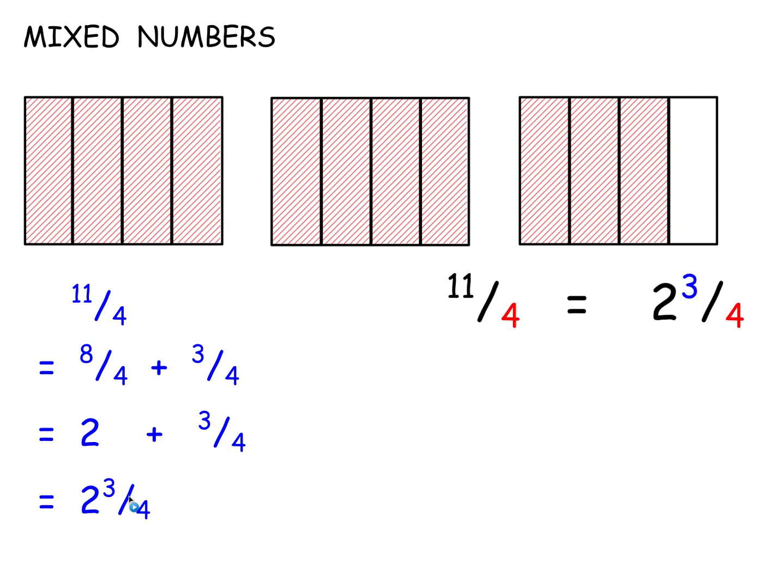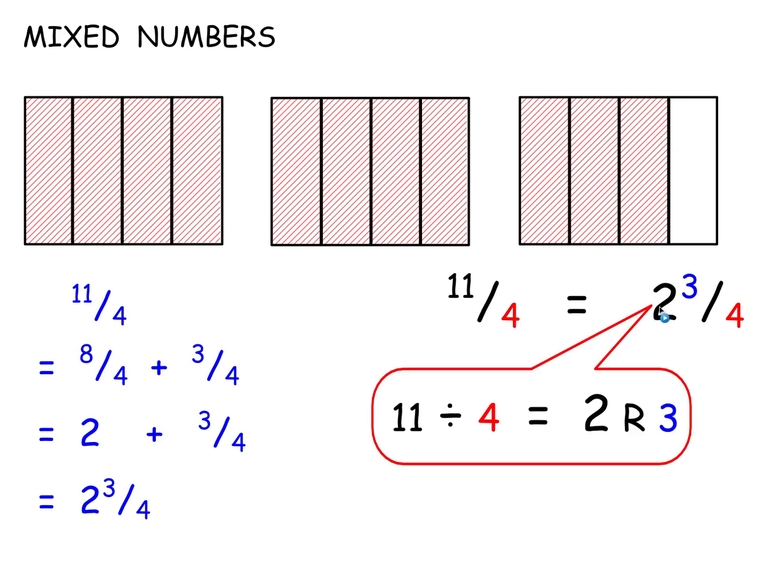So to change between 11 quarters and 2 3/4, you can say, well, how many 4s are in 11? 2 of them. That would make 8 quarters, and if it's 8 quarters and this is 11 quarters, there's 3 quarters left over. So 11, how many quarters are in it? 11 divided by 4, 2 whole rectangles, that's the 8 quarters part, and 3 left over. 2 remainder 3 is that 2 there, and there's the 3 left over. Now it doesn't matter how it's done, but basically you should be able to switch between mixed numbers and top-heavy